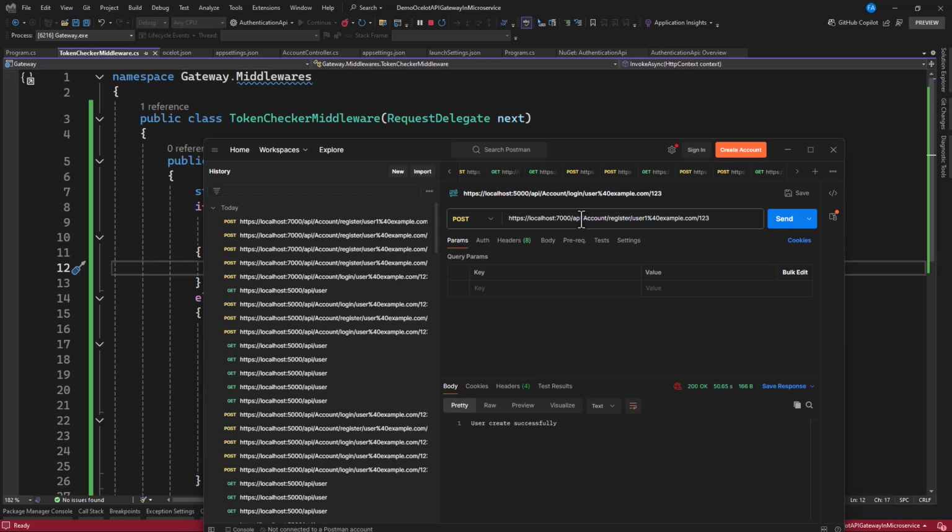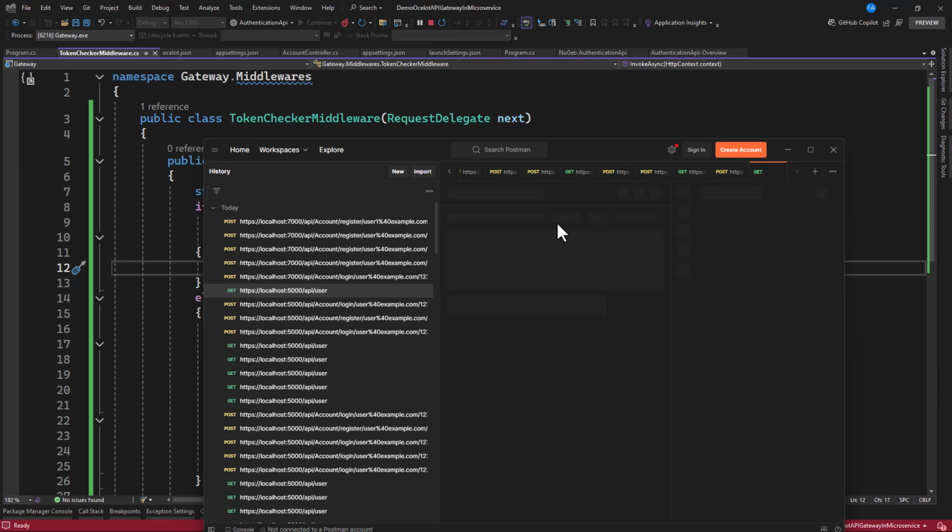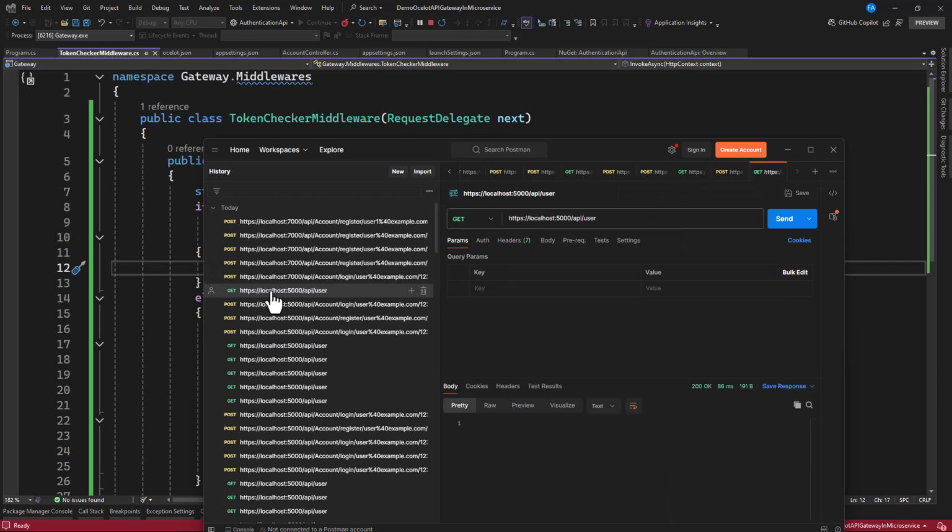Now let's go to login. So if I try to log in, or maybe let's try to access the API, this user. We have created an account. We haven't logged in to have our authentication JWT token, and we are trying to access this. So the gateway port is 7000. It is get.